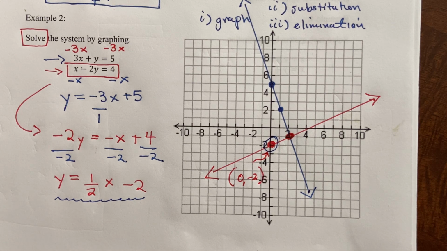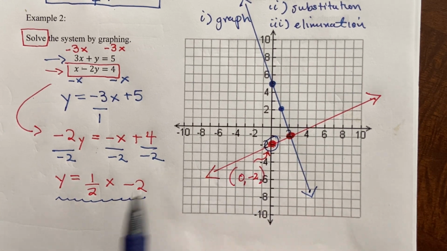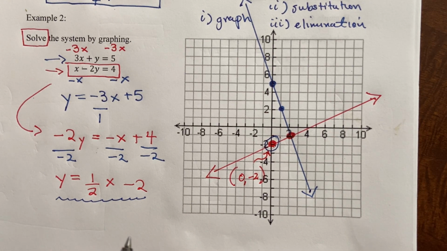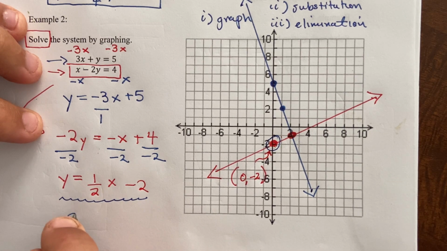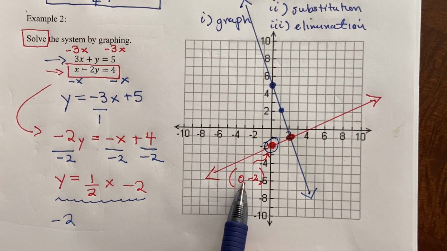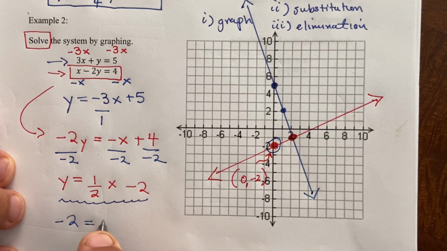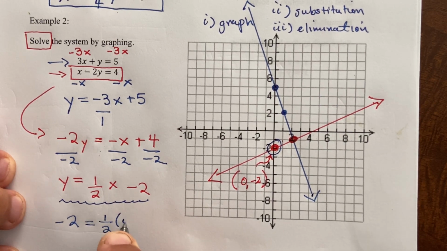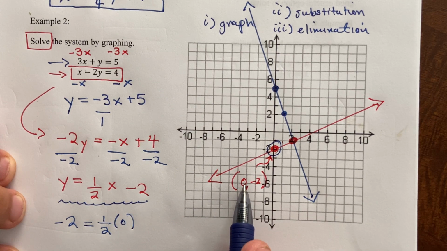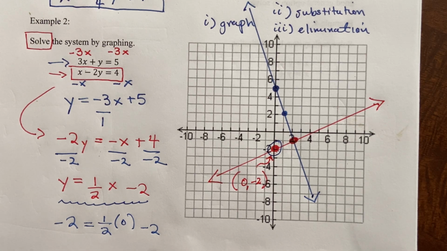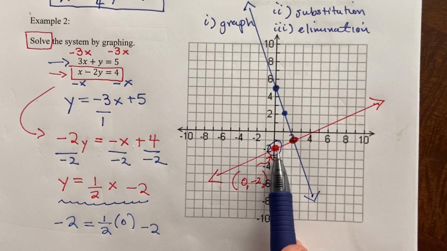So what does it mean to be a solution? First of all, you're on the graph. What does it mean to be on the graph? It means you provide a true statement when plugged in, right? So it should be that negative 2, I'm plugging in negative 2 for y, should equal 1/2 times 0, plugging in 0 for x, minus 2. This should be a true statement, or else this point is not on the graph